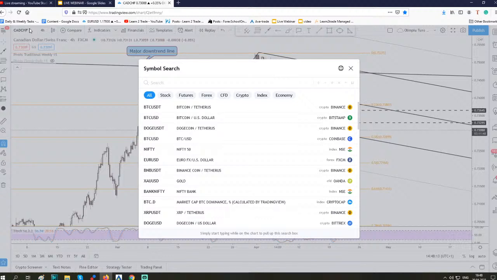Okay, and let's take a look here as well. The Japanese yen has increased today versus its rivals